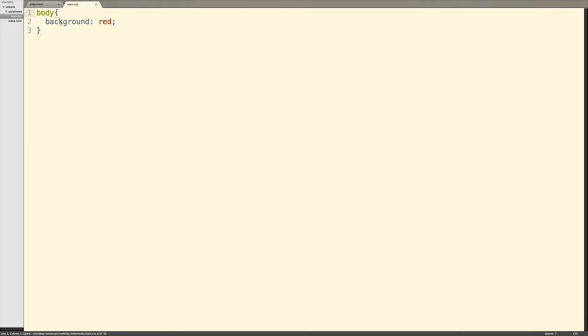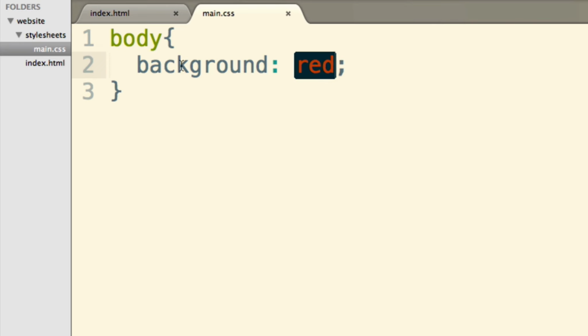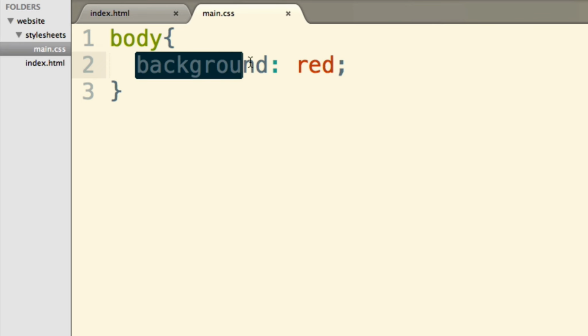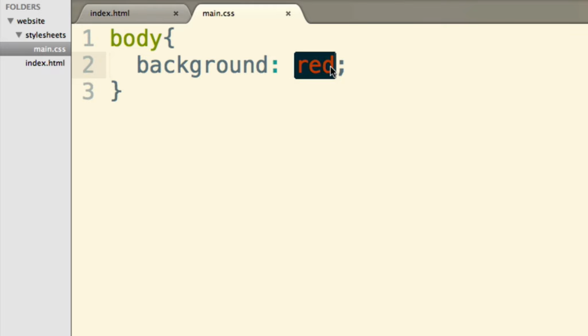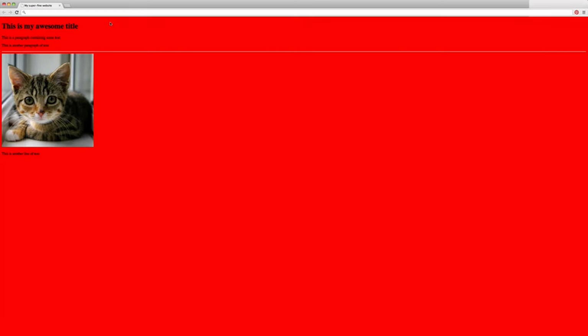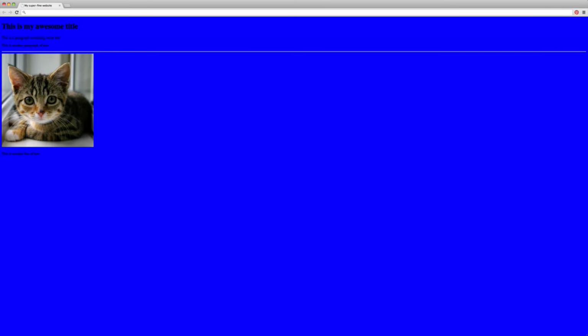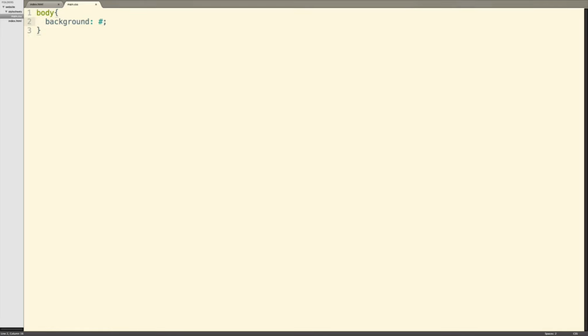Then we have the same idea of having keys and values. We have a property and we have a value. So we're saying that we want the background property to be red. This is shorthand for saying background color red. So of course I could say blue. That would get blue. So actually you would define these as something like, this is how you regularly define colors